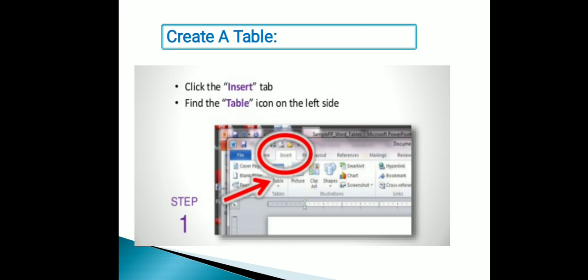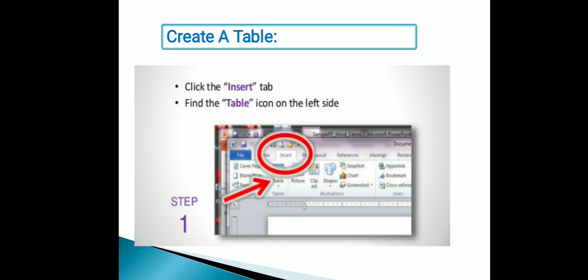First of all, open a document in MS Word, which you will find under MS Office, in which you want to add a table. Place the cursor at the position where you want to create the table.